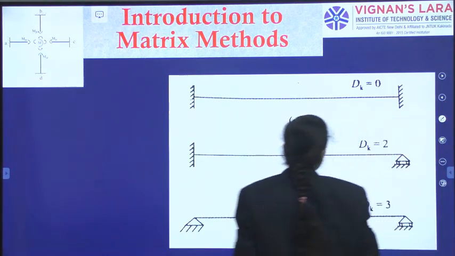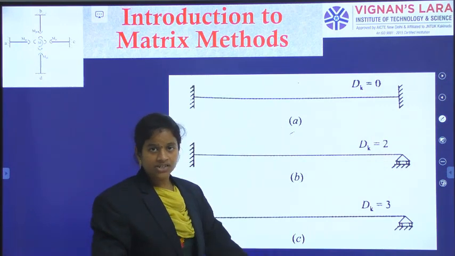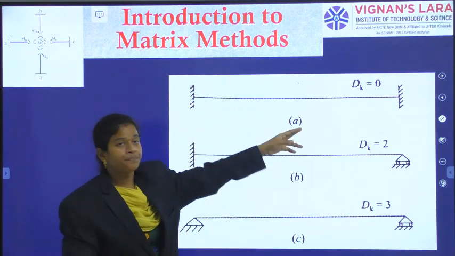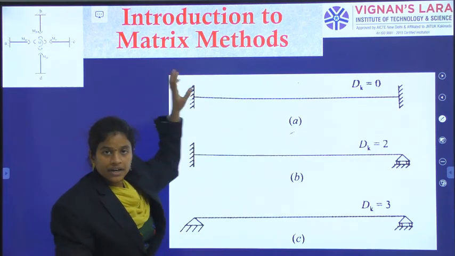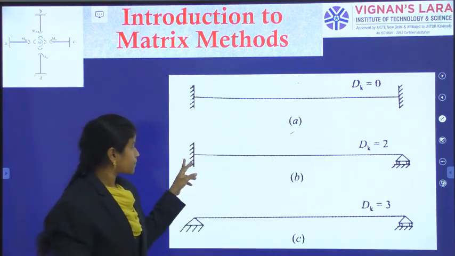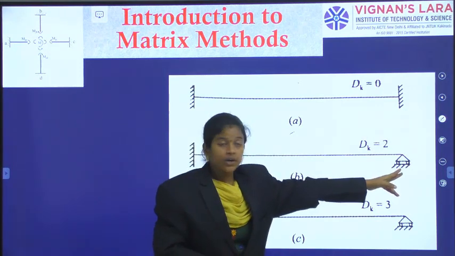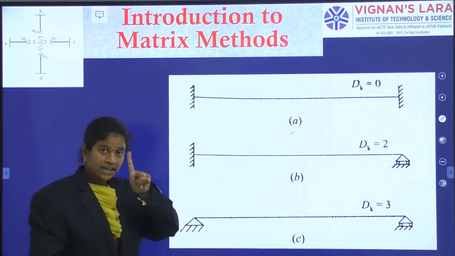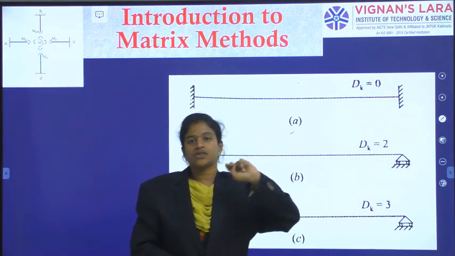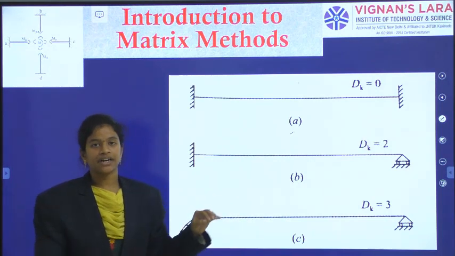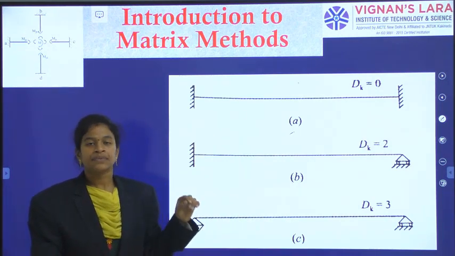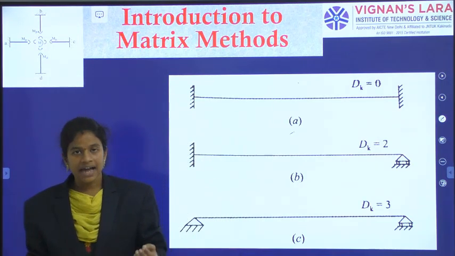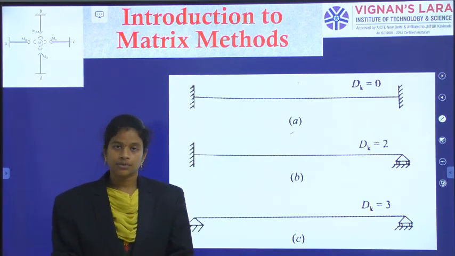In case of a beam, we will go for the calculation of all the things. Firstly, the degree of kinematic indeterminacy of a beam with both ends fixed: no degree of freedom. Here, no degree of freedom; 2 is the degree of freedom at the roller end. Here, 1 degree of freedom, here 2 degrees of freedom. So, total degrees of freedom or degree of kinematic indeterminacy. As it is having freedom, I need that many equations for calculating the answer.